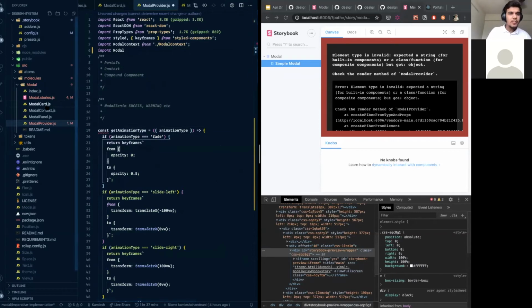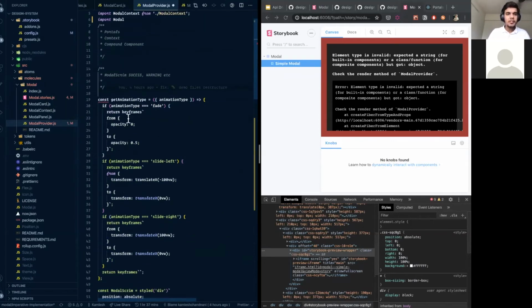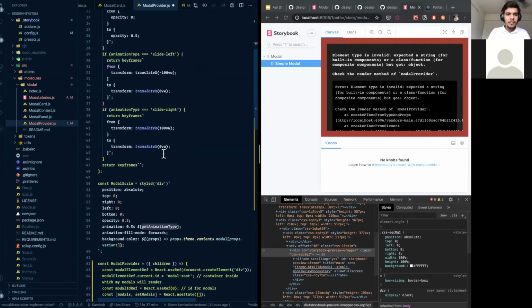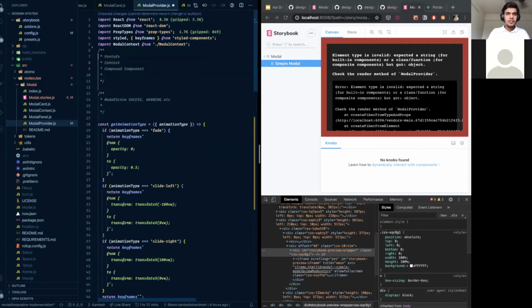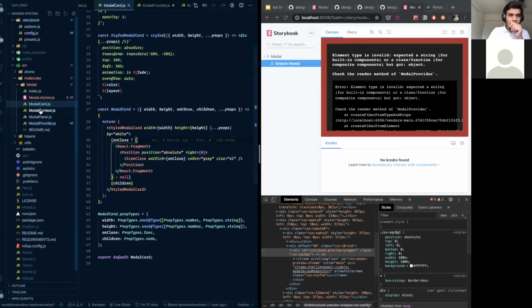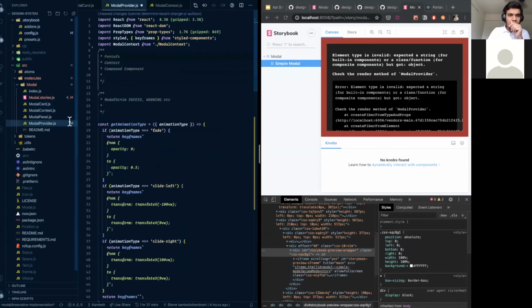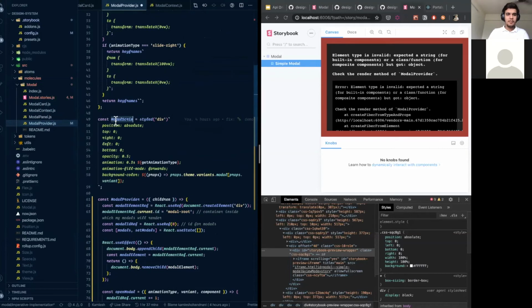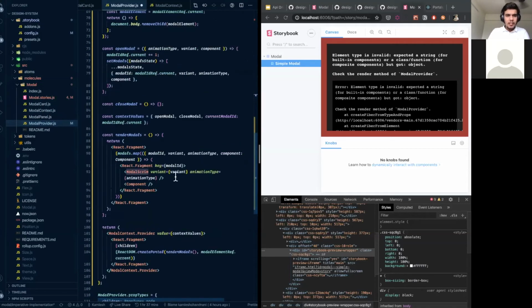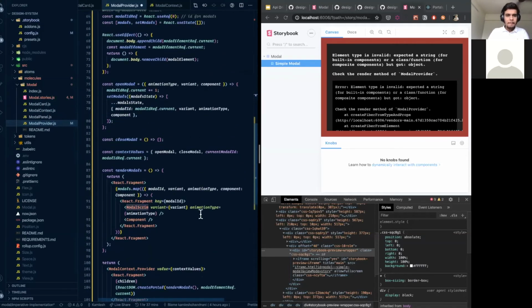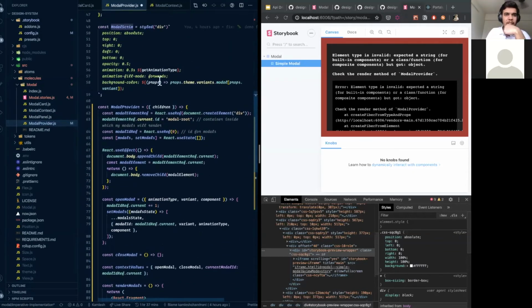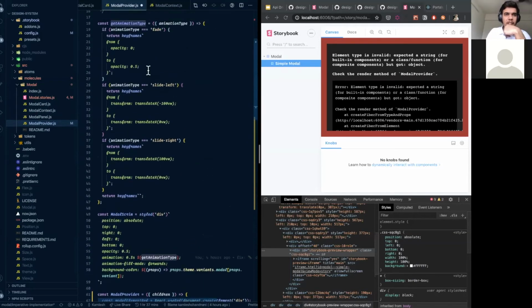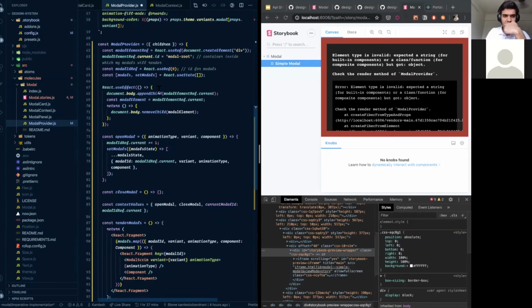What is it called? I'm not sure. Something broke here. I have ModalScrim already here. I have provided animationType, which is animationType, which is fine.